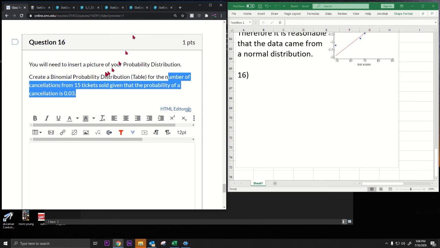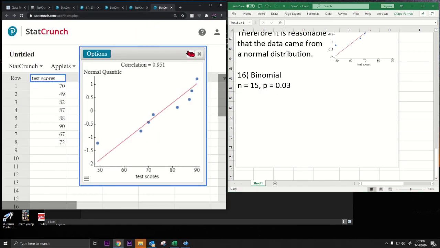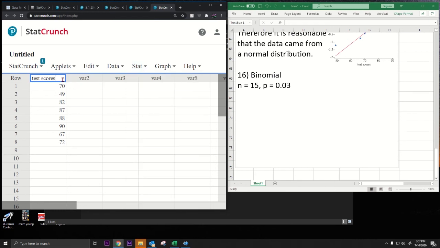Okay, n equals 15. What do we got? I'm gonna write some things down. So it's binomial. We got n equals 15 and p equals 0.03. That's pretty much all I need to get my binomial probability distribution. That's all I need, n and p. So I go over here, close this. So what are we gonna do to create this? Ooh, this was hard. I remember this. This is hard